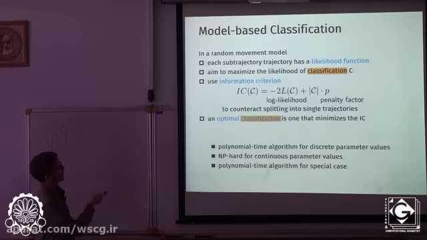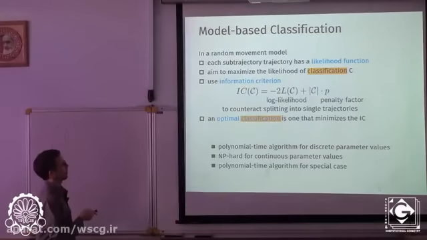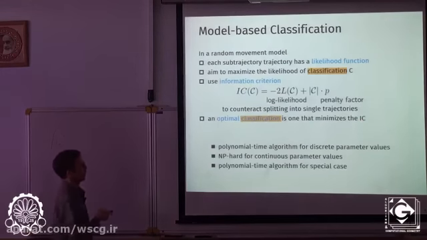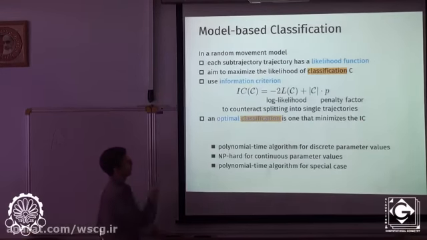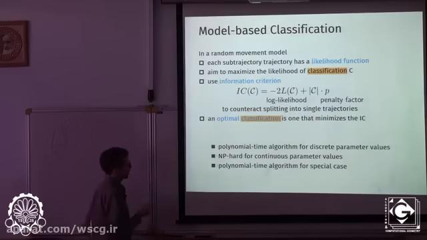So we want to maximize the likelihood of a classification, again using log likelihoods and a penalty factor, but now this is not the number of segments, but the number of different classes that we are using. And then an optimal classification is a classification that minimizes this criteria, this information criteria. And the results here are,